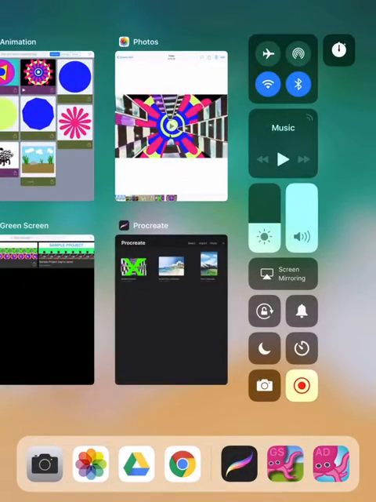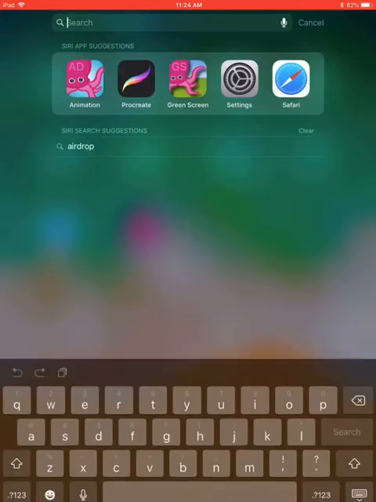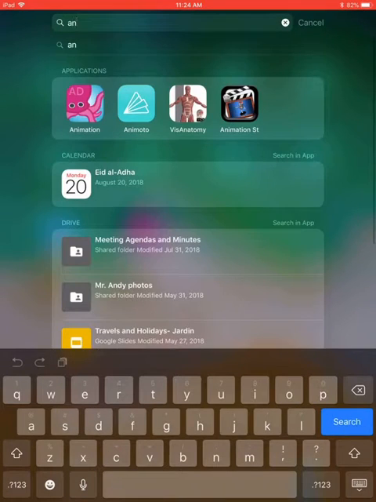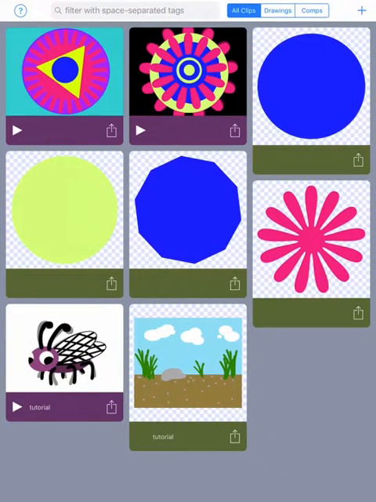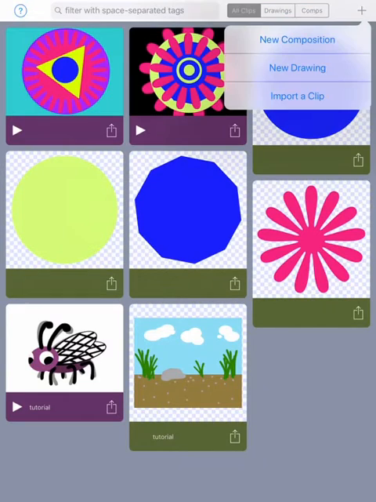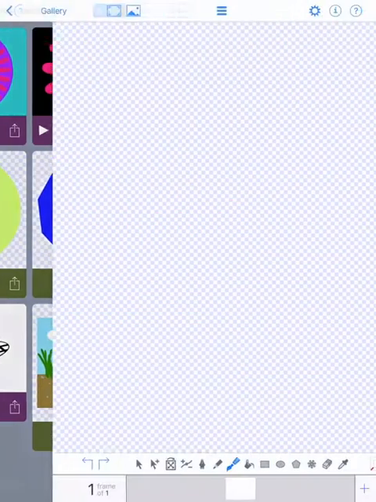So the first thing you're going to do is hold and drag down, type in AN for animation. It'll get you the octopus. Click the plus sign and create new drawing. We're going to do all the little pieces together. So an easy one would be doing a circle